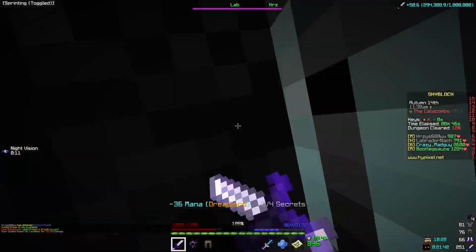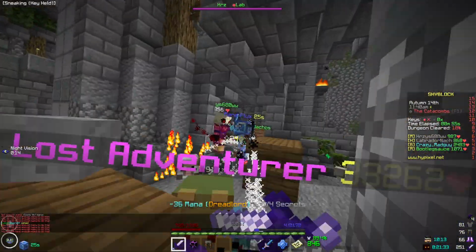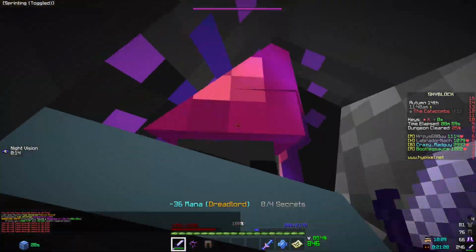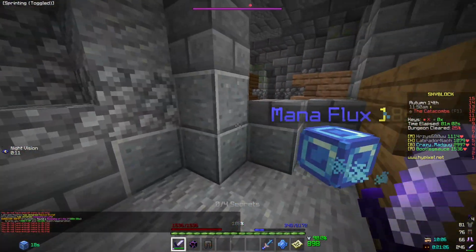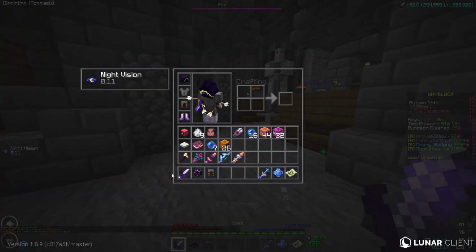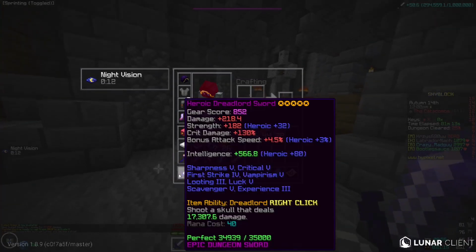And here we go. This is our first test, where we're just going to crouch in the corner and spam block hit. We are actually out of mana. And there we go. Just like that, killed a Lost Adventurer. Very nice. And this sword is actually going to be better